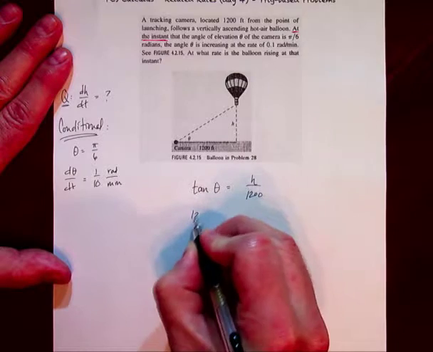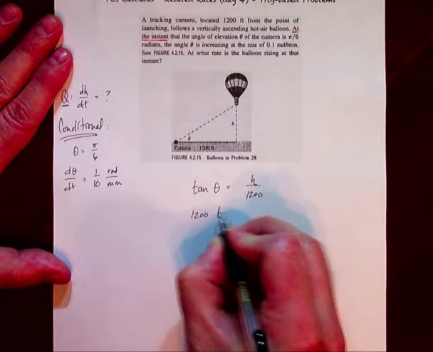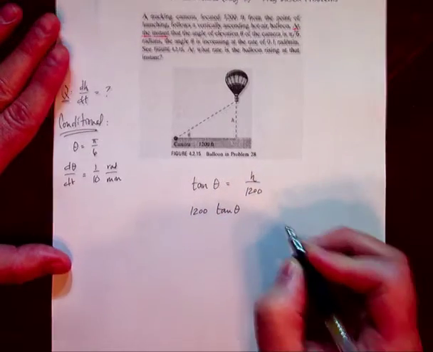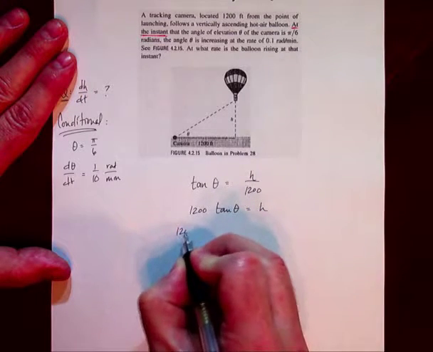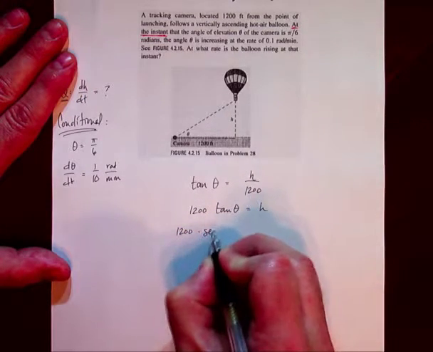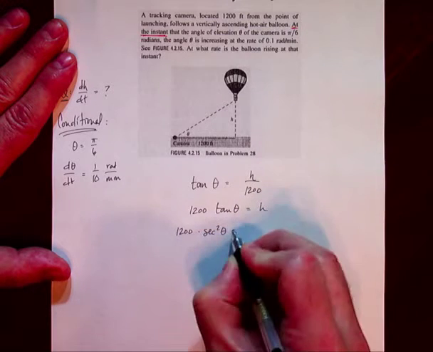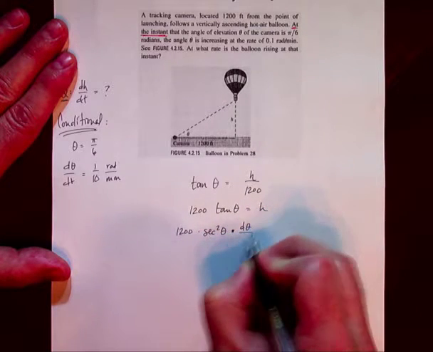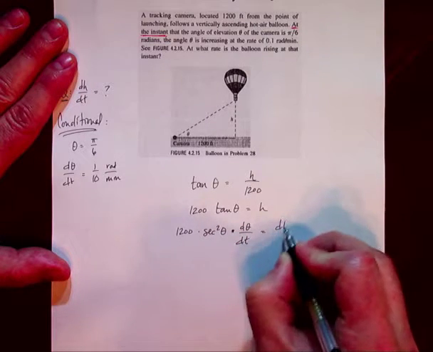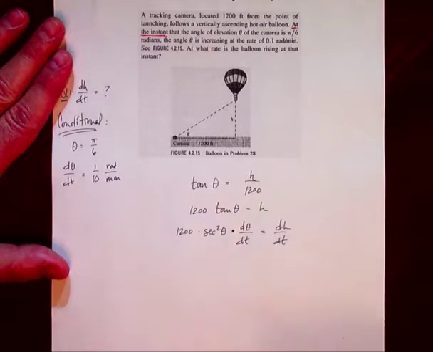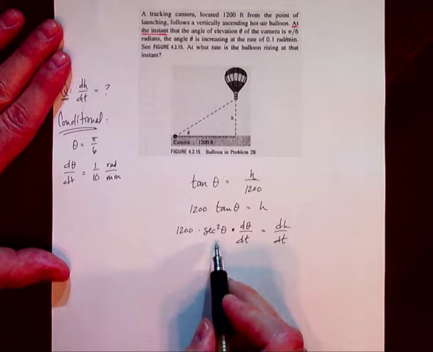We can go ahead and, if we want to get rid of that ratio, change it into 1200 tangent θ equal to h. Now let's go ahead and differentiate, and see once we do whether we have everything that we need. dθ/dt is equal to dh/dt. Now, what happens here is